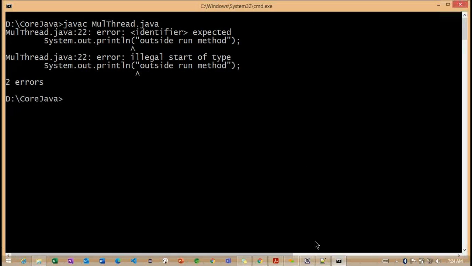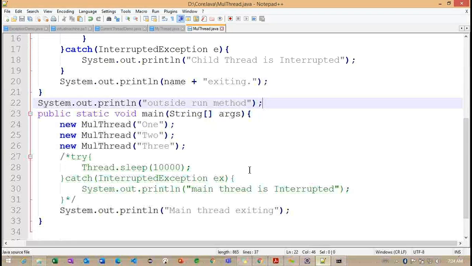Now what we need here is to define one method.